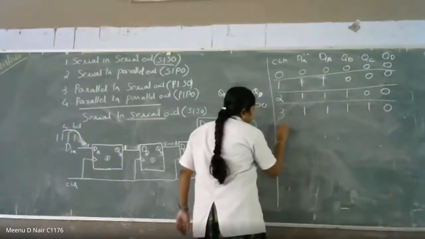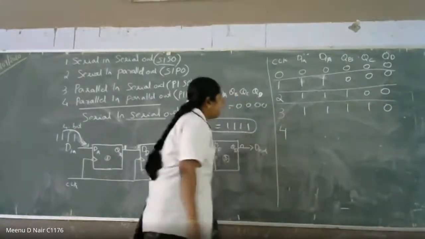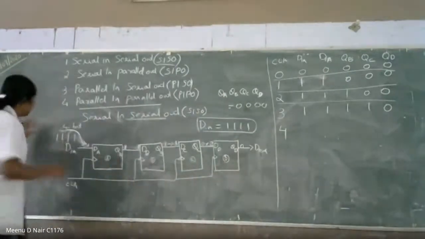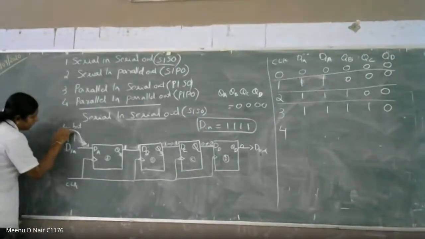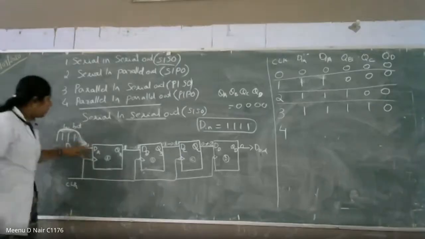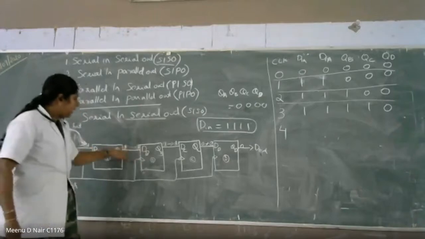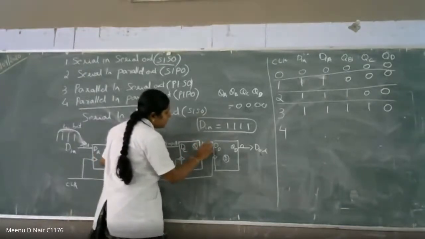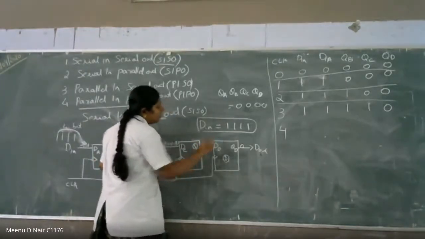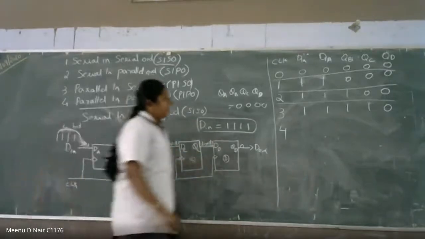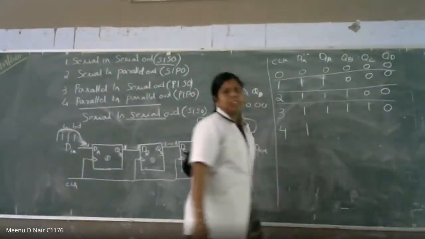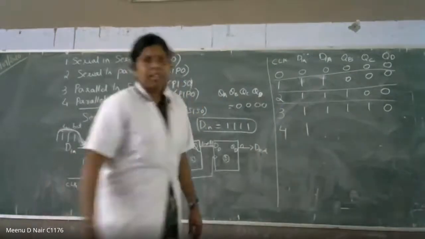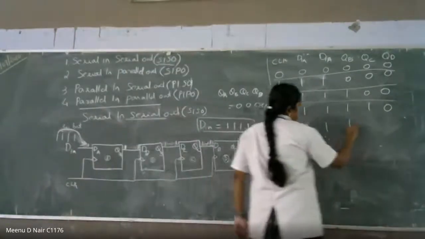Same, next is the fourth clock pulse we are giving. Then the fourth input we are given here. Okay, this is the fourth one. QA is 1, here QB is 1. Similarly, in the previous clock pulse QC was 1. So you are replacing QC as 1, and the same you will get as the input of D flip flop. Now what is the answer? All ones.